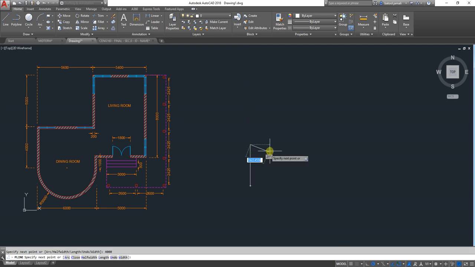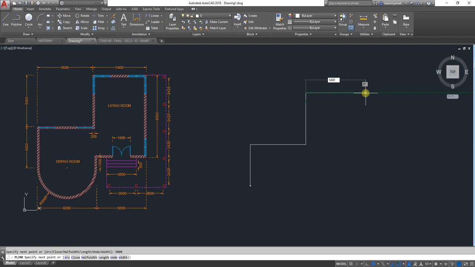Press enter, now we have the first line, go in the 0 direction, type 5600, press enter, then go up, make sure that the green line is showing, then type 5000, back